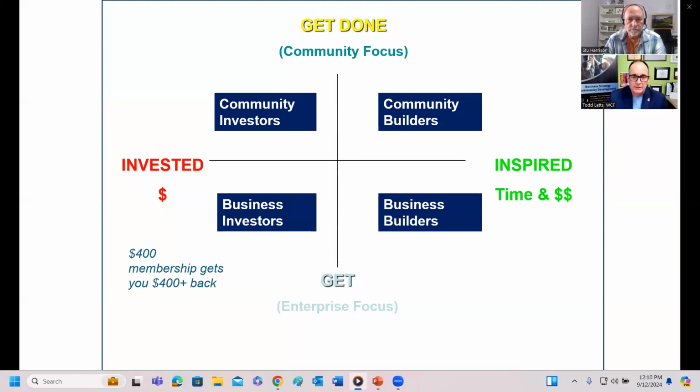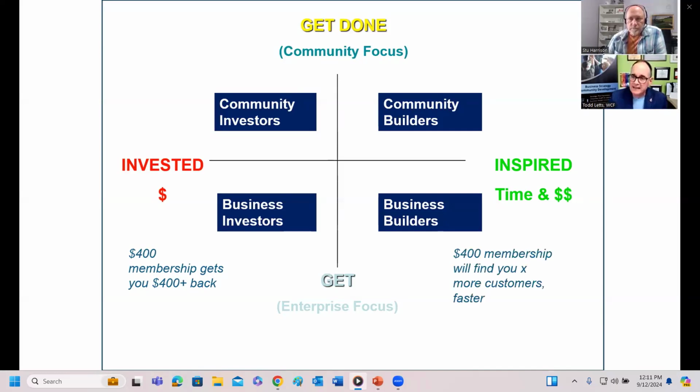So to quickly summarize, business investors, for a $400 chamber membership, they're interested strictly in the transactional. How can I get $401 worth of value back? It's strictly a return on investment formula that they're looking at. And you may want to talk to them primarily about protecting their business through group insurance, listing in the directory, for example. Now they don't have a lot of time, so they're probably not coming to events, but that's why we have this segment,